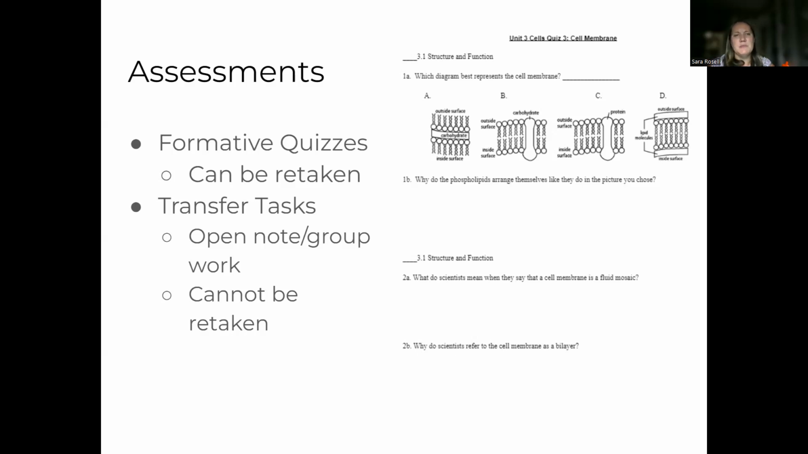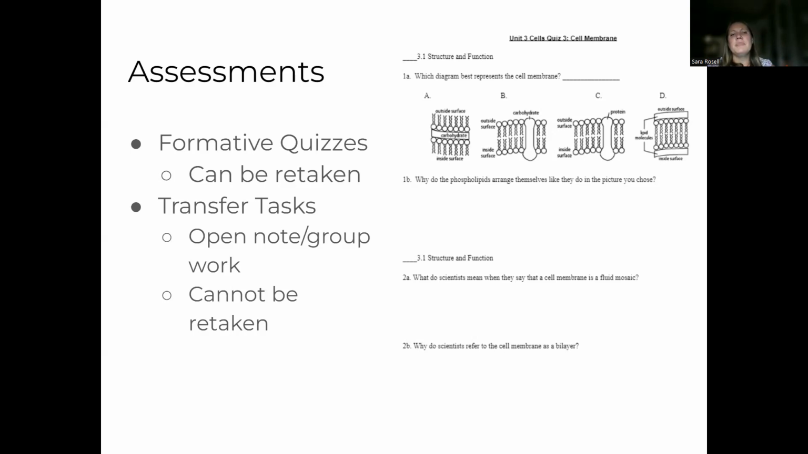It just kind of depends on what we're doing in class. Those quizzes can be retaken. We allow students to help improve their grades by retaking these formative quizzes. These are closed note quizzes, and these are things that you are going to demonstrate your knowledge. And if you didn't do as well as you thought you should have, or you feel like you can learn a little bit more and improve in your achievement,